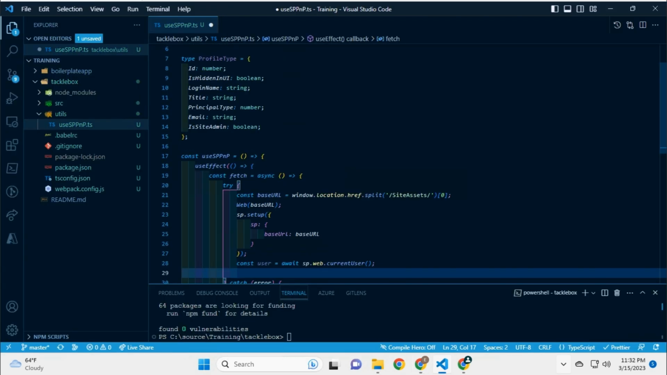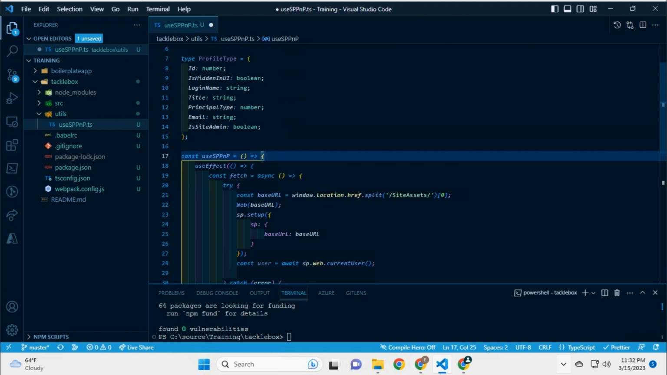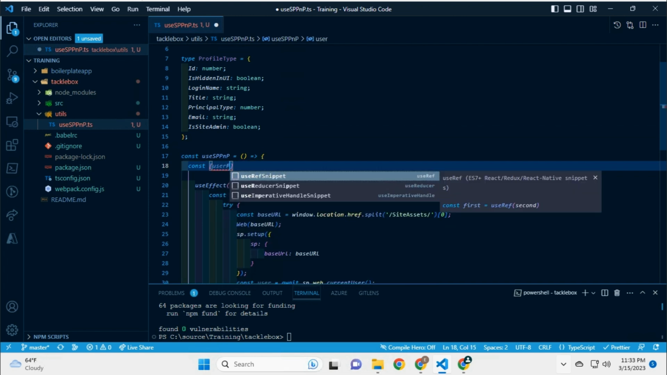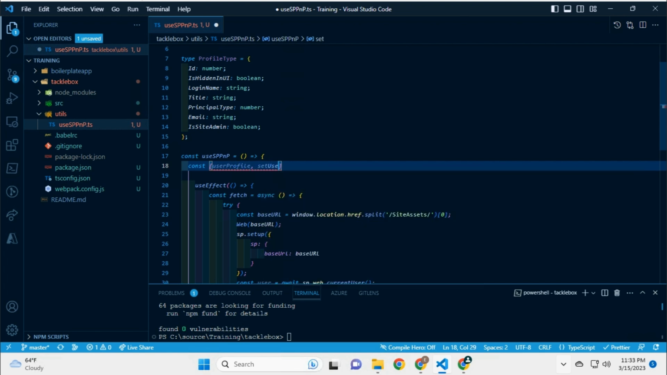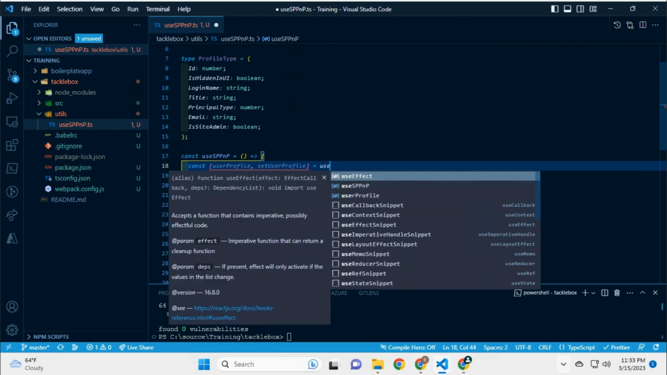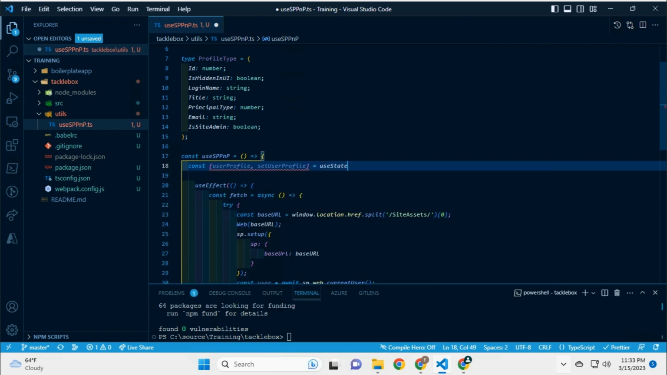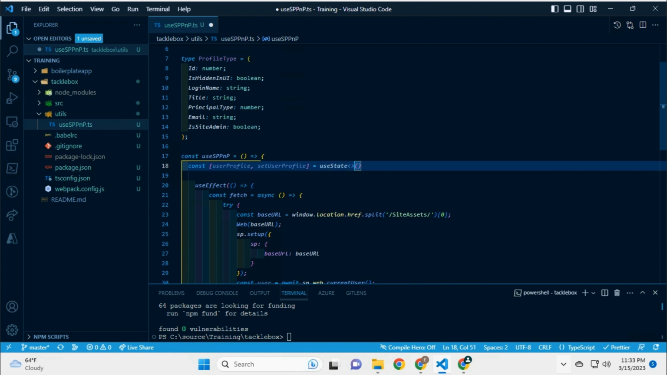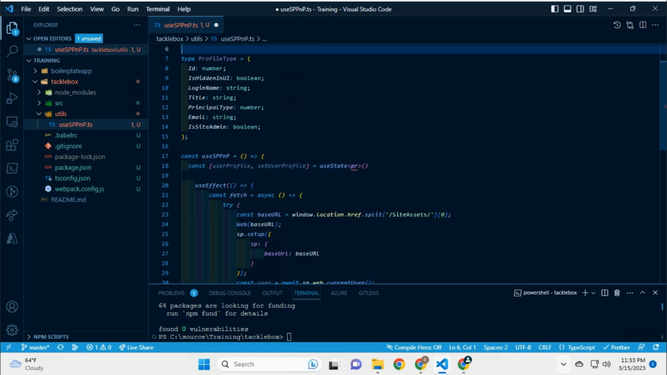I think we should create a state for it. How about we do that? So let's go up here. We're going to create a state. And the state is going to be called userProfile, setUserProfile, is equal to useState from React. And the useState for that, we're going to have to set it up. Again, going back to type safety. Let's make it of type ProfileType,